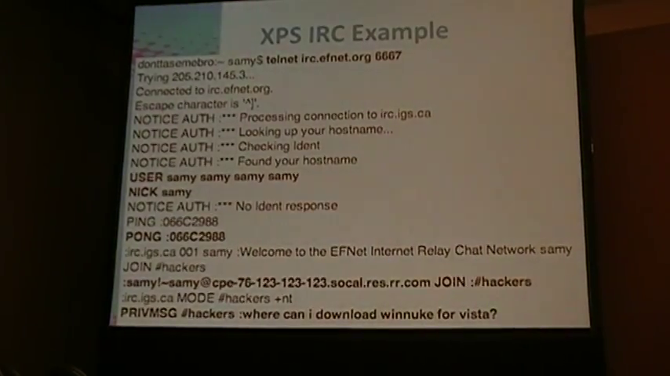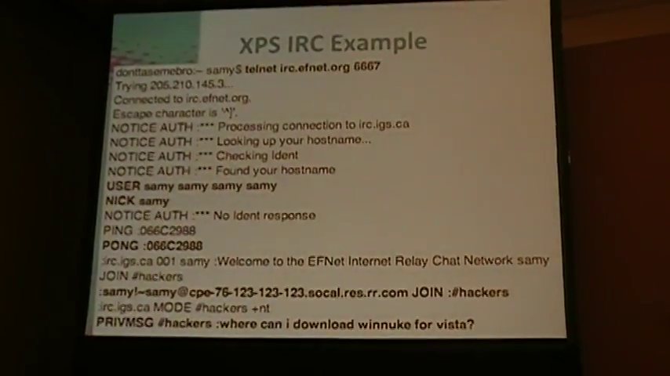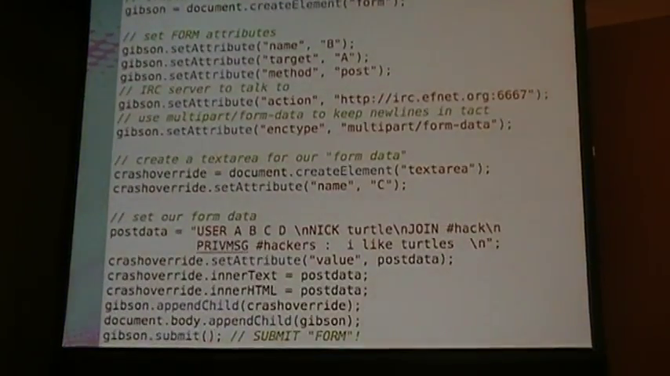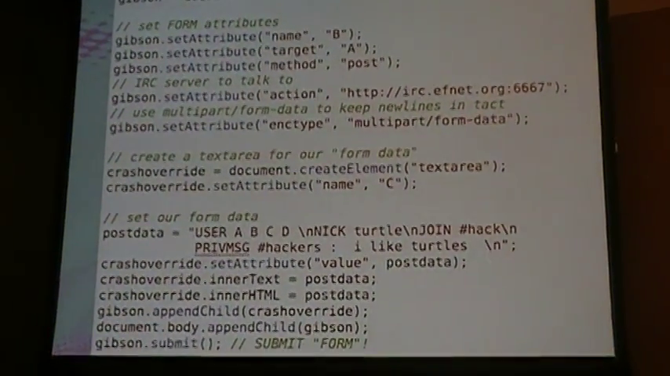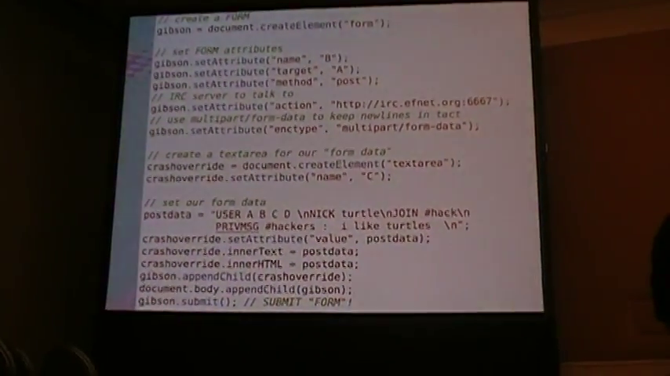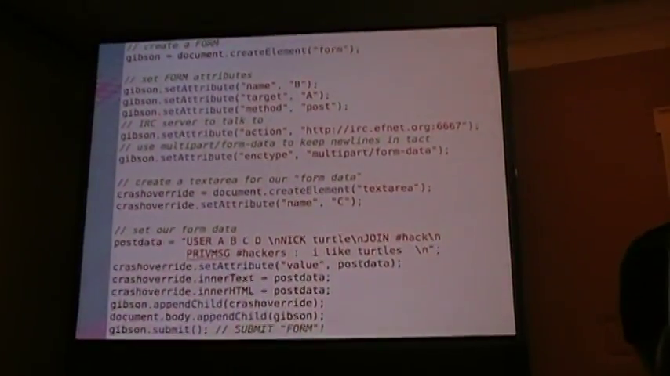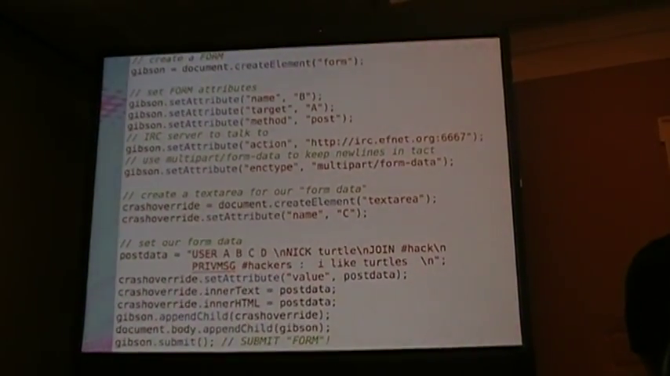It doesn't work anymore, I tried it. Is it? Yeah. So at this point, this is how you would actually produce that in HTTP. We can actually